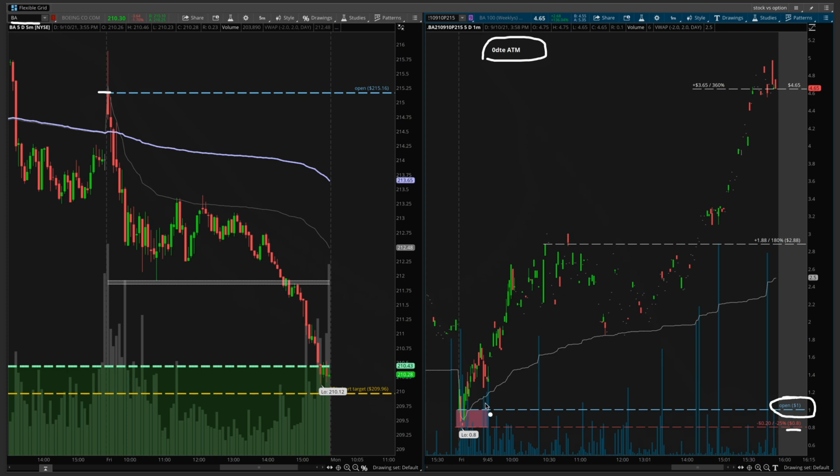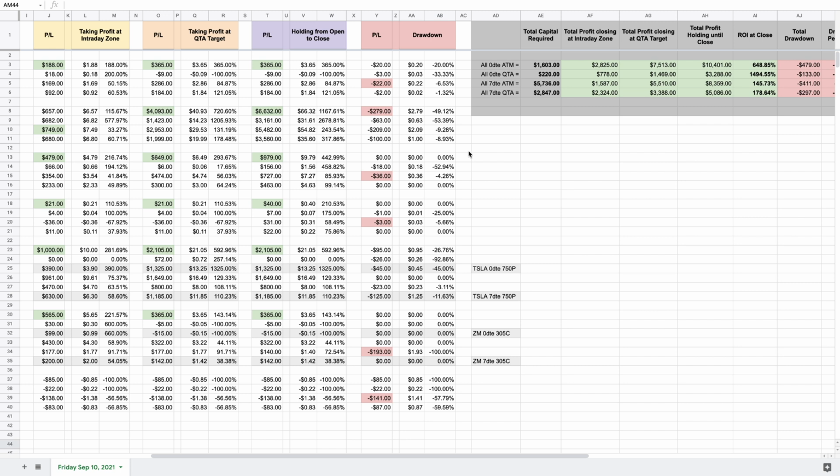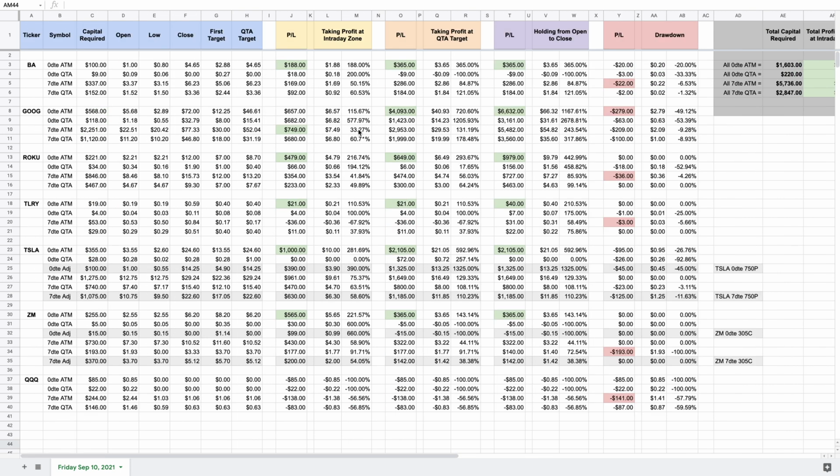So the contract lost 20 cents in premium. If we jump to the spreadsheet that I showed you guys a little bit earlier, that's exactly what is written right here. The 0-day at the money option was going for $1, so it would have cost you $100 to buy one, and we can see the low was 80 cents. So our drawdown would have been 20% right here, and that means we would have been down $20 before ultimately